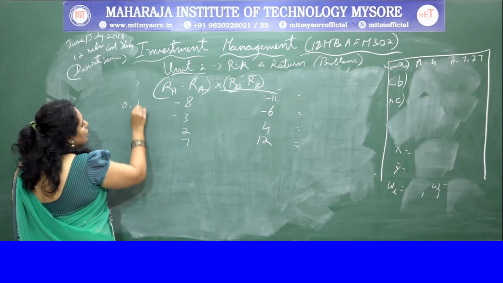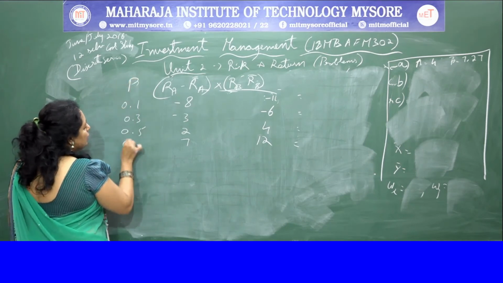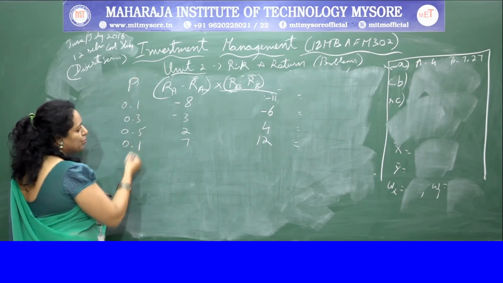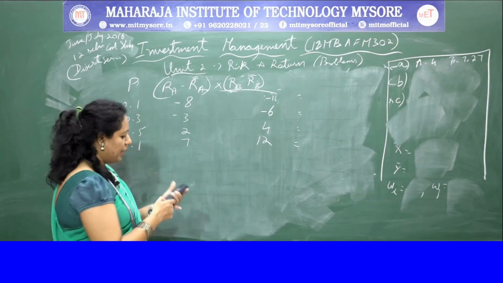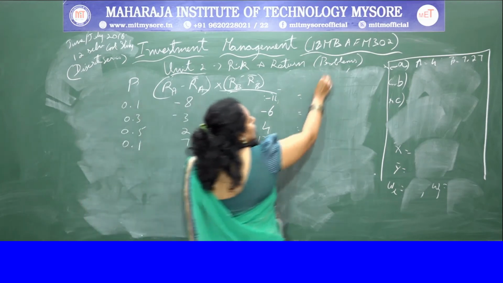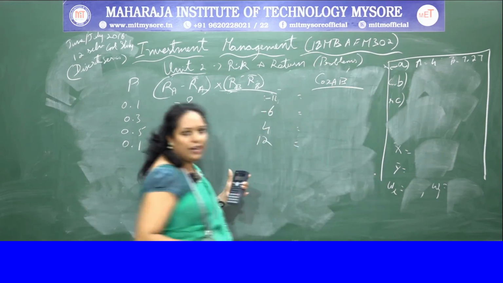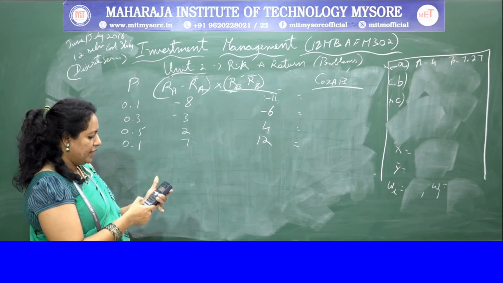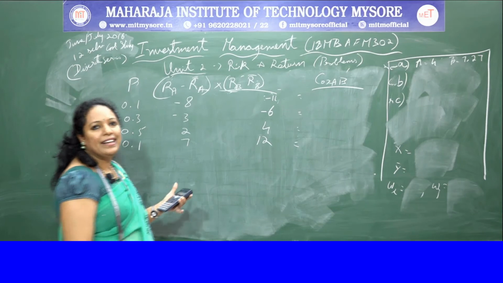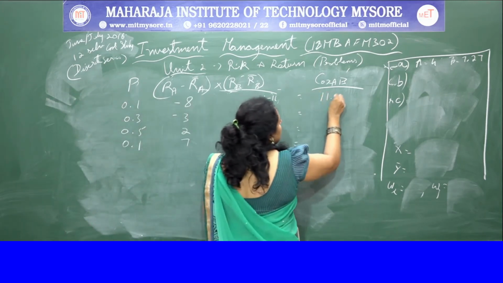You have to multiply these two numericals along with the probability. So your probability was given 0.1, 0.3, 0.5. This is the probability and 0.1. So this has to come up to 100. Hope so you remember it. And you have to multiply all of them to get the answer for covariance A, B. Okay, to get the answer. Now we have to multiply 0.1 into minus 8 into minus 14. So you get 11.2. Okay, 11.2 you get.